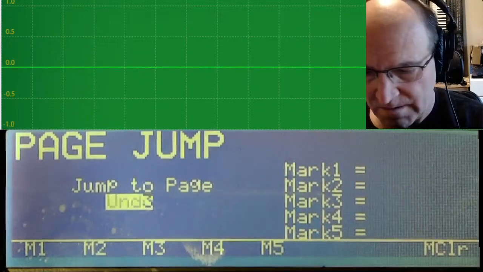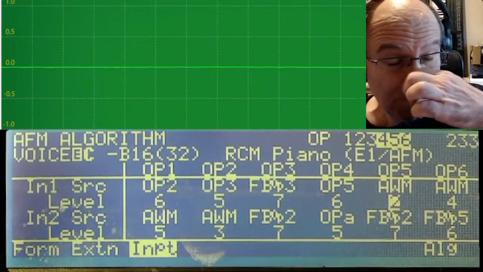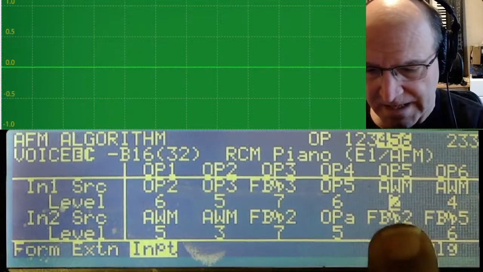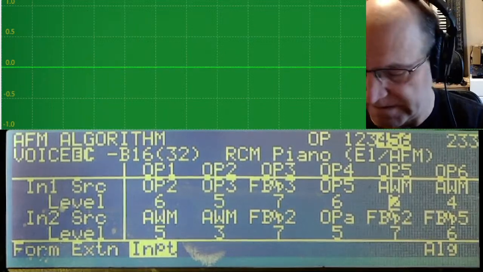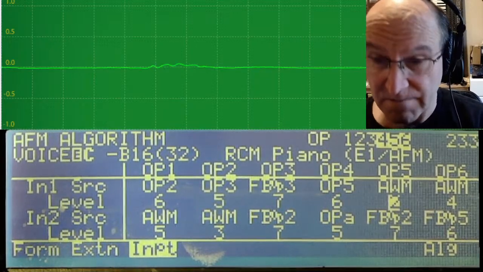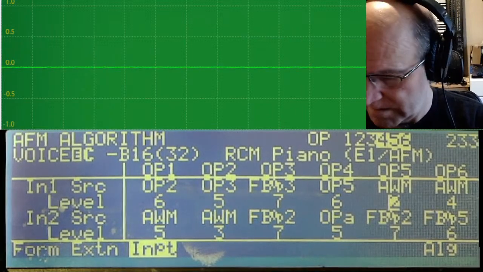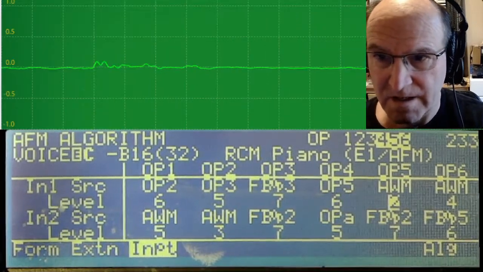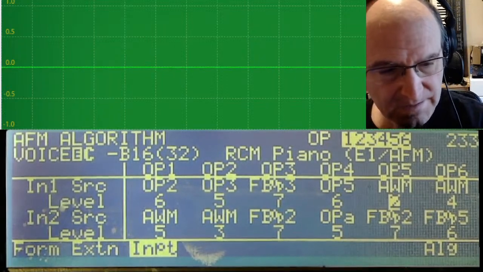Okay, and what I'm again using that to do is to put additional harmonics into the sound that aren't in the original sample, put them under different velocity control. I have our AWM going into op 5 and op 6. Now, more importantly here, you're going to notice that I have a lot of level scaling going on, so that up here, it's basically just 5 and 6, and down here, hear the dominance of the high harmonics on here. That are the piano AWM. So altogether, this is our